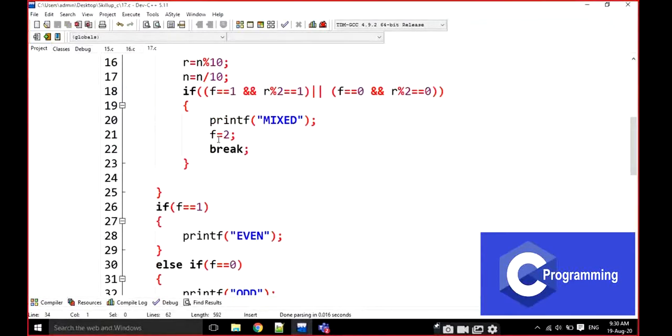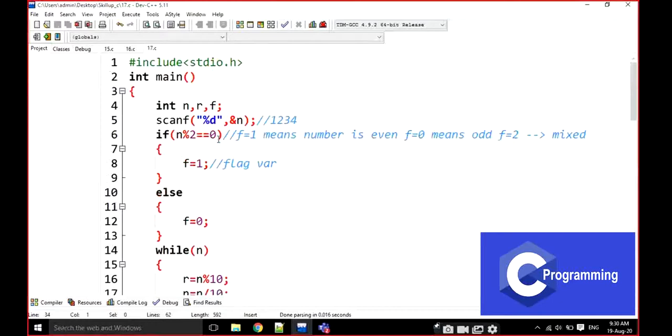Now I'm going to trace the same number again. I'm going to trace this one again with some example, to see how it is working. For example, 1324 is the number here.